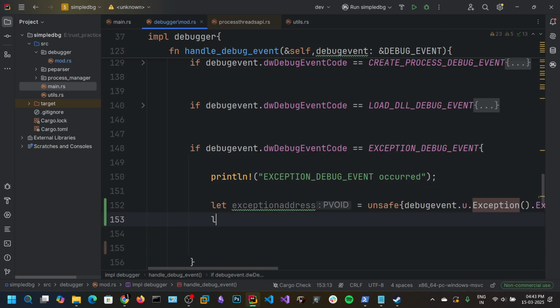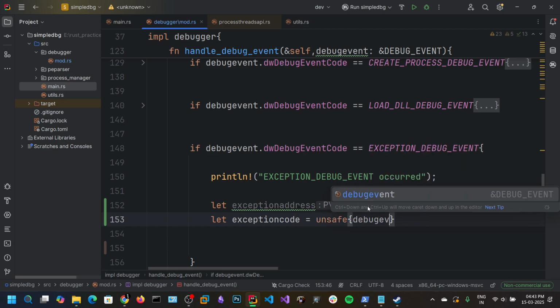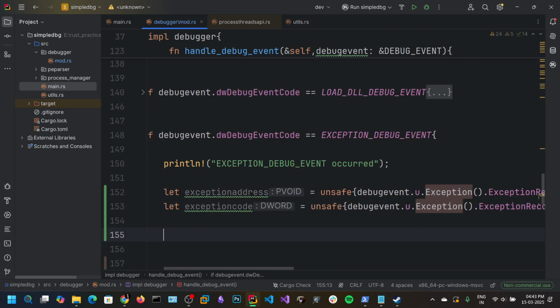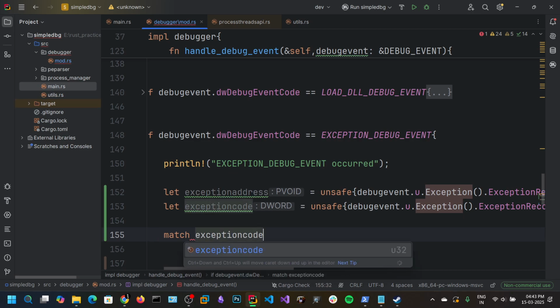And let's also extract the exception code. So we got the exception code. We can write a match statement, exception code,